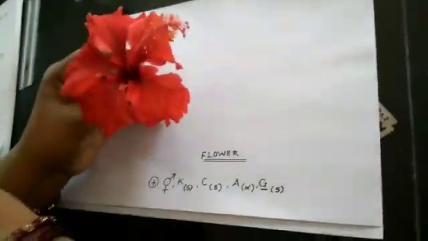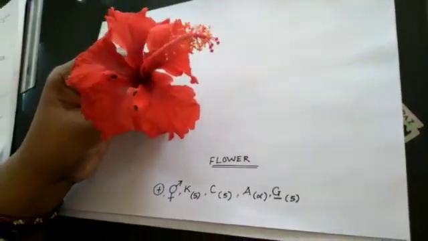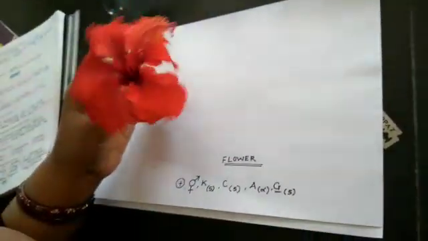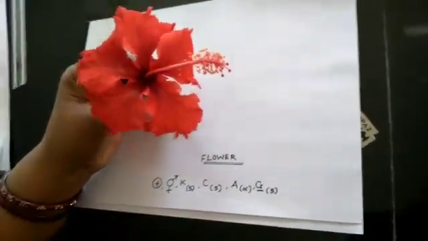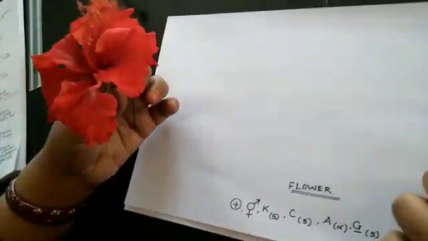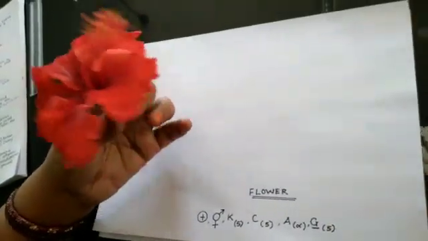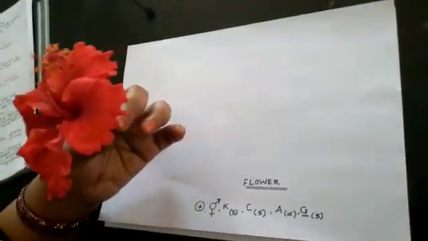The first major question which you need to perform is dissection of a flower. For this, we will provide you this flower. The name of the flower is hibiscus. Why are we using the hibiscus flower? The reason is very simple. This is a typical example of a flower.